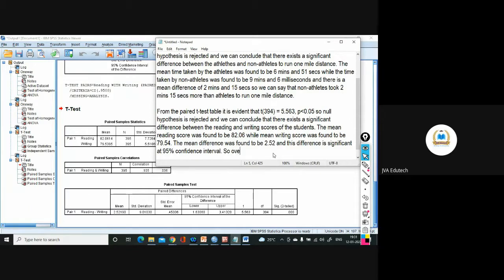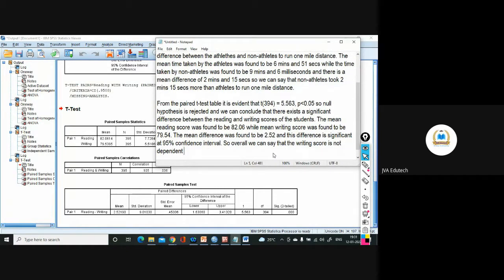So overall, we can say that the writing score is not dependent on the reading score.